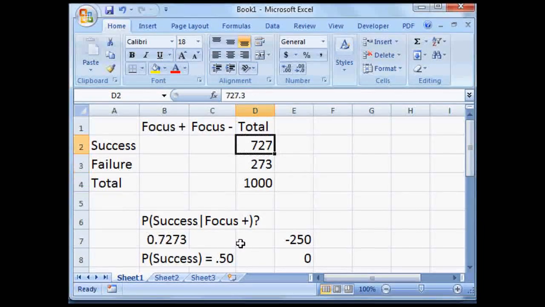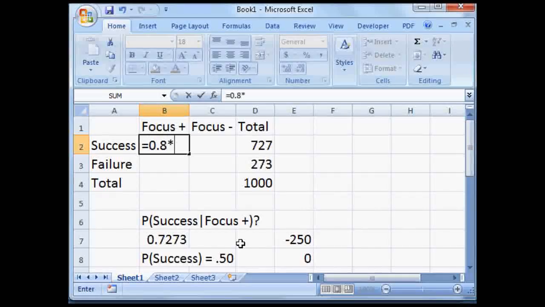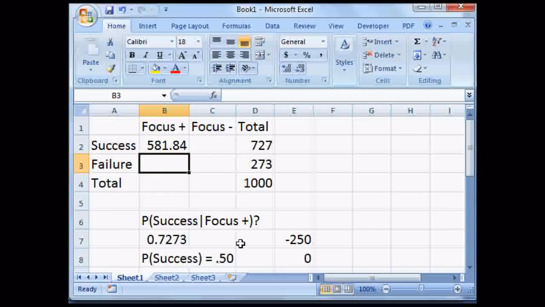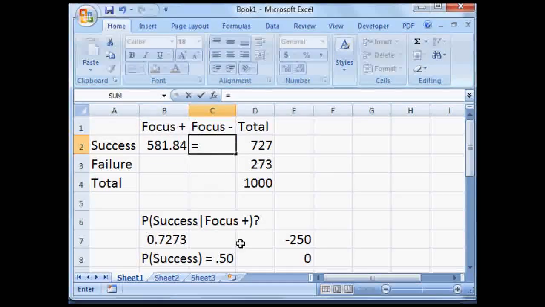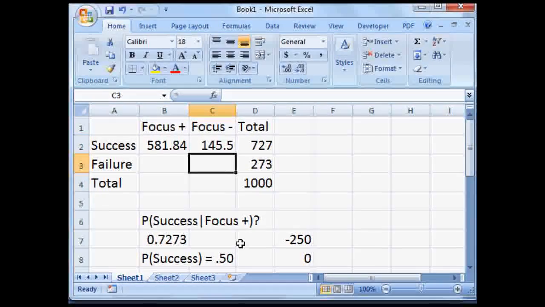So of these successes, we know that 80% will be focus group success, and then 20% will not. And then among failures,